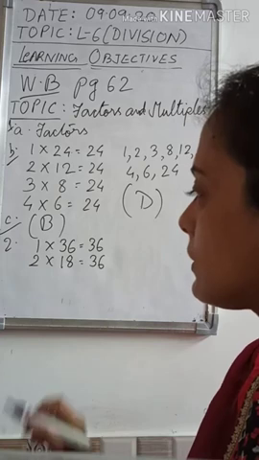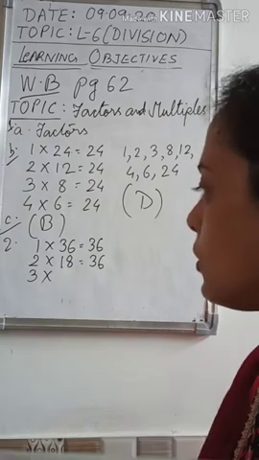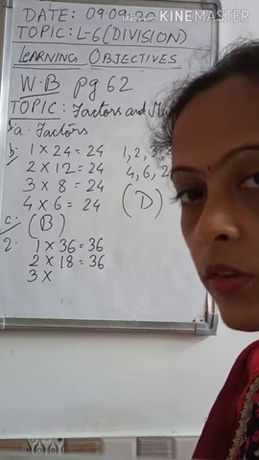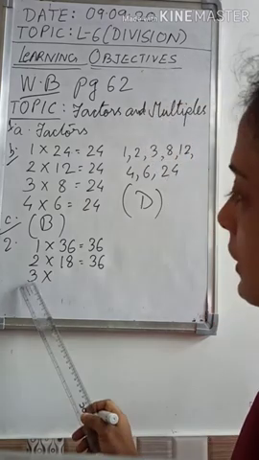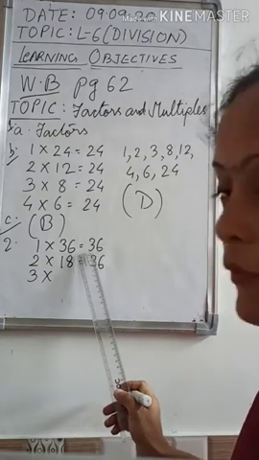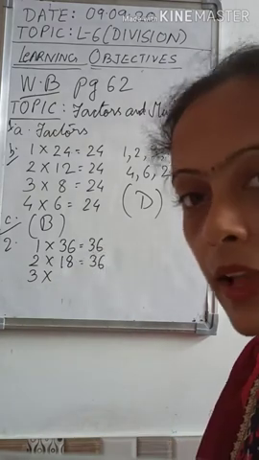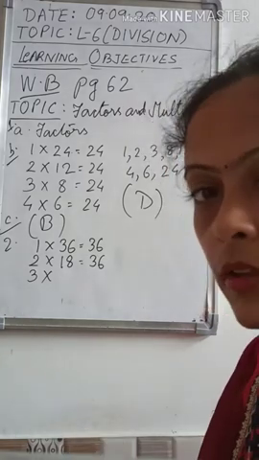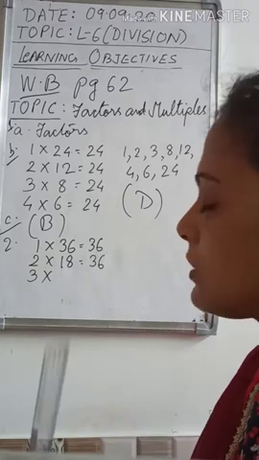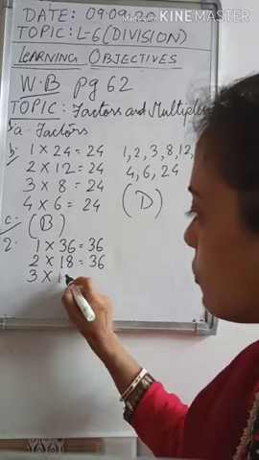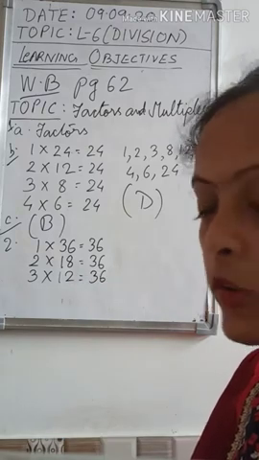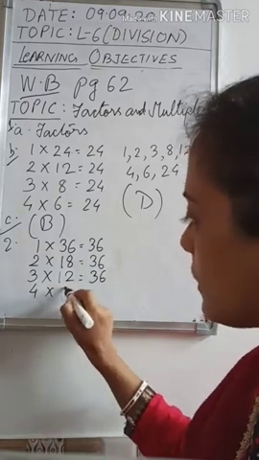In 3's table, do you get a 36? Yes, we get. How did we know? We can use the divisibility rules to know the factors. So with 3 also 36 goes. How do we know that? Sum of the digits: 3 plus 6 we get 9. So 9 is divisible by 3, so that means 36 is also divisible by 3. If you divide 36 by 3, you get 12. So 12 3s are 36. In the table of 4 also we get a 36. 4 9s are 36.